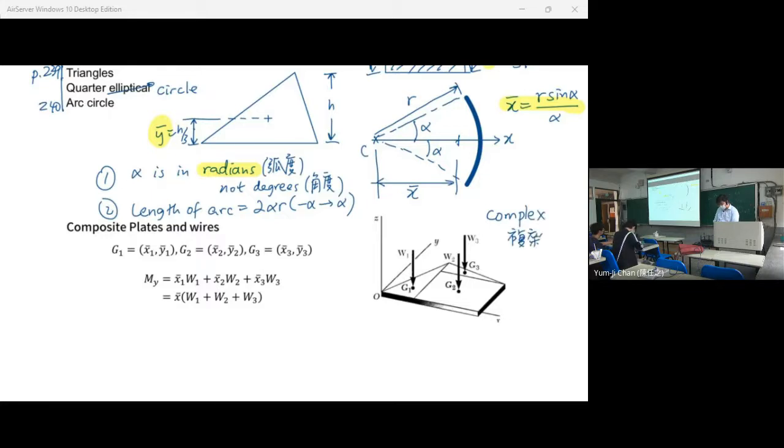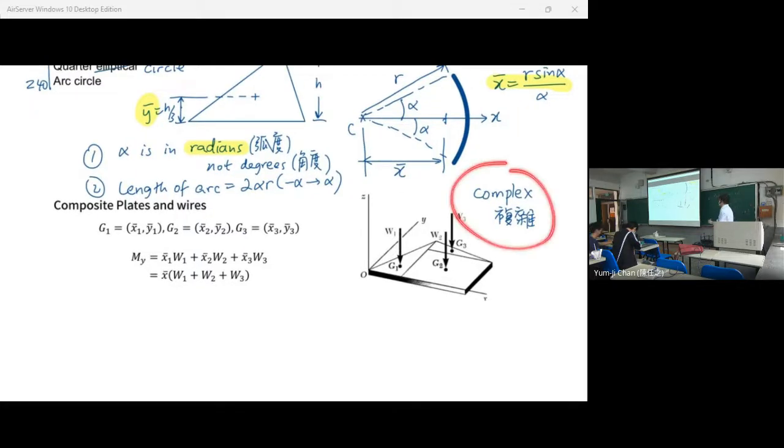The shapes are more complex, but they can be seen as a composite of plates of simple shapes. So, for example, for this one,